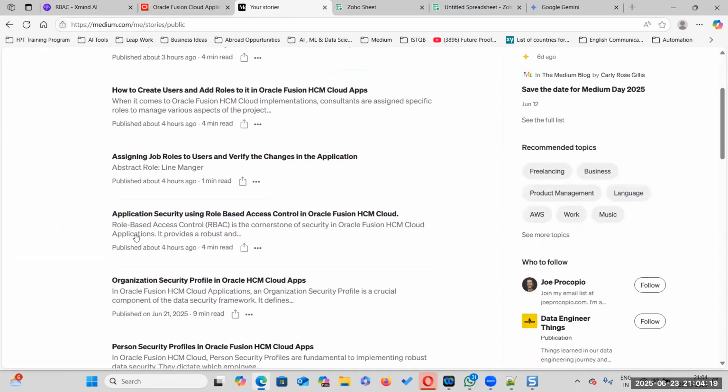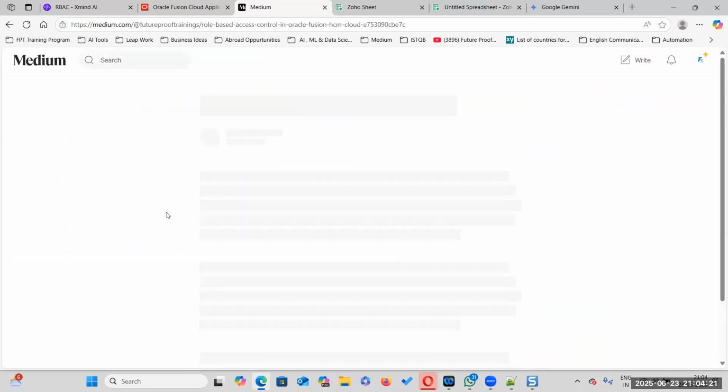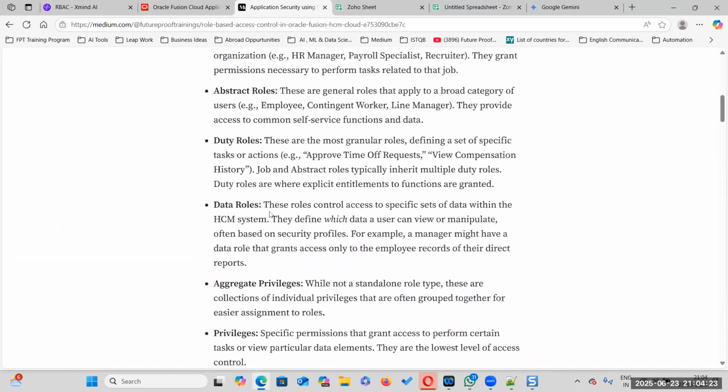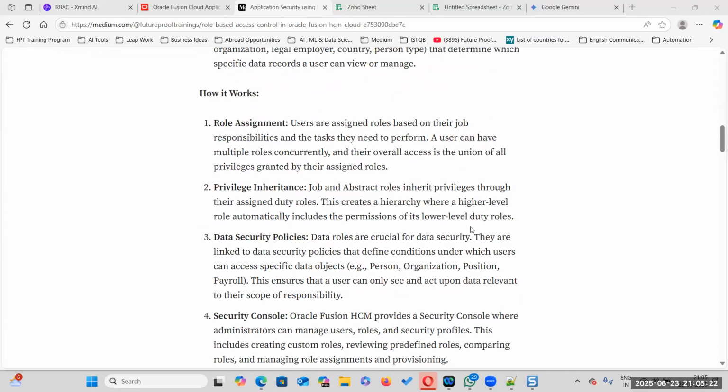Okay, to go through this today, I have written an article on application security. In order to get more theoretical material, you can go through this one. Sure. And we will book as well.